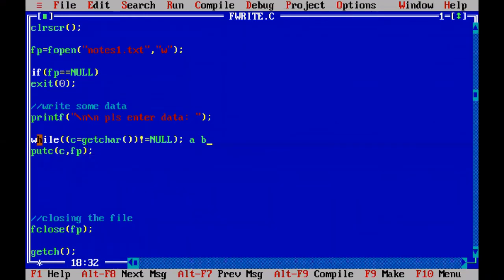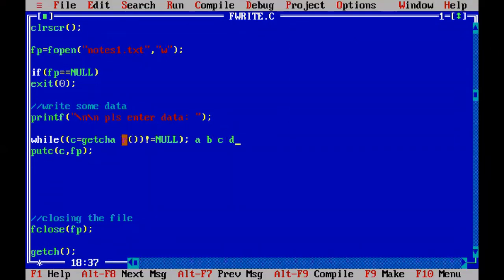Again we go to the getChar function. This time getChar will read C. That C is stored into C. Is C equal to null? No, it is not equal to null, so it is true. Then we go to the next statement. Inside C we have C. That C is placed into FP. Again, one more time, the getChar function will read D.